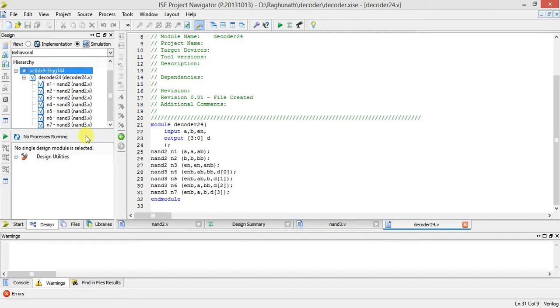So now I have to check simulation. For simulation, click on decoder, then you have to click simulation, then click decoder, then click on check syntax. See, no error. If tick mark comes, means no error. After that I have to click simulate behavioral model. So if I click this,